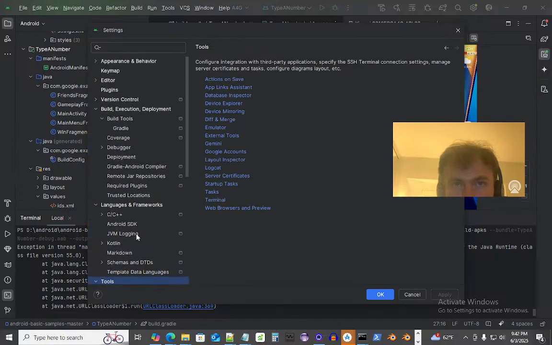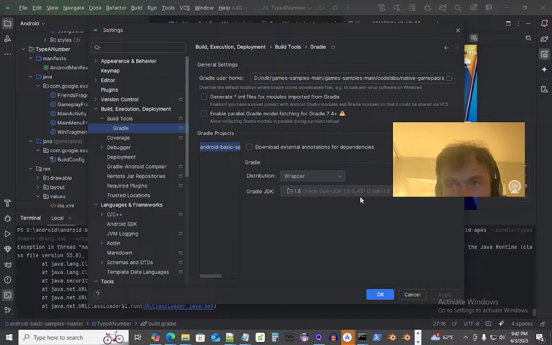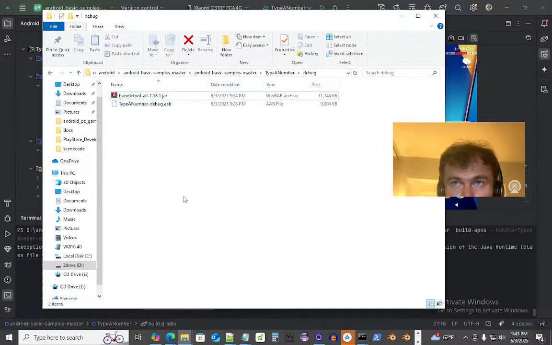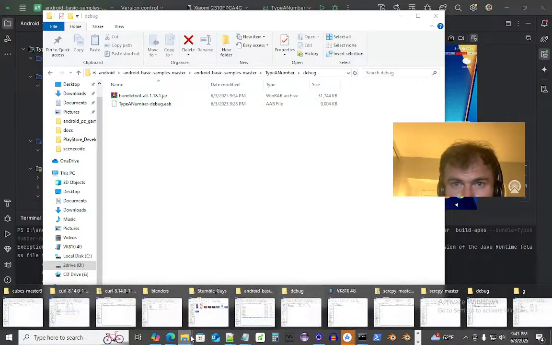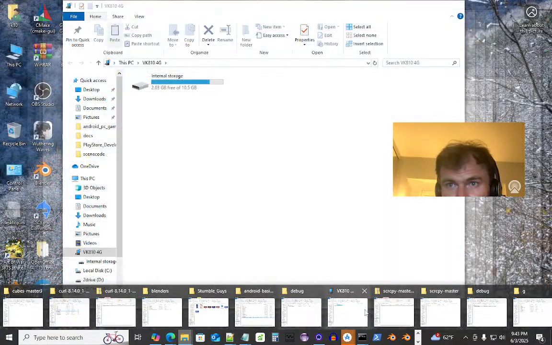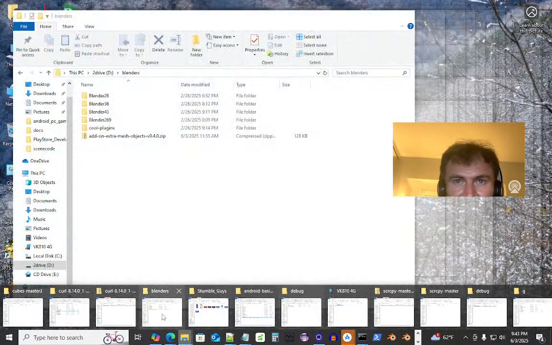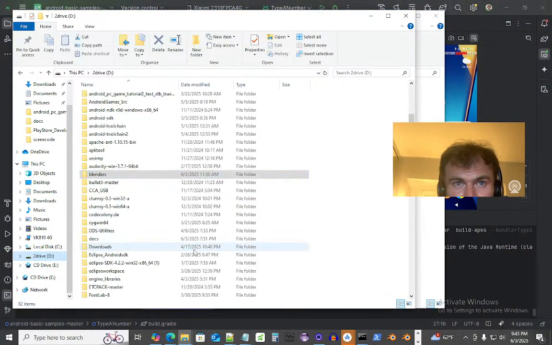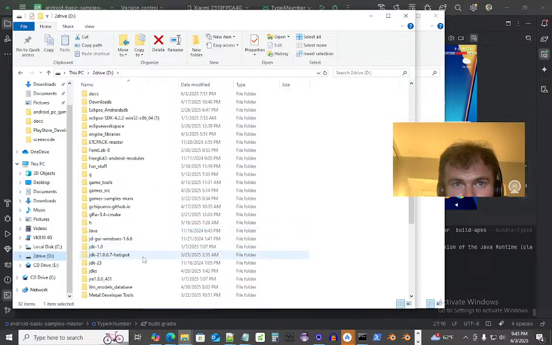Oh, I know this. Build Gradle. No. That is the Java we're using for Build Gradle. Oh, but Bundle Tools, this one was compiled with a more recent version. Okay, so we got these Java discrepancies. Gradle is using 1.8. So you have all these Javas. You need a bunch of Java JDKs installed. But Bundle Tool is